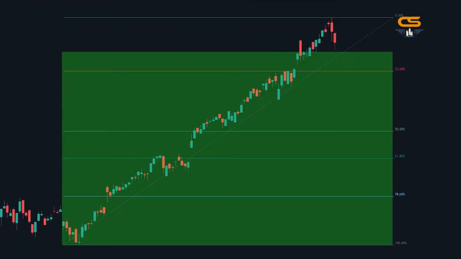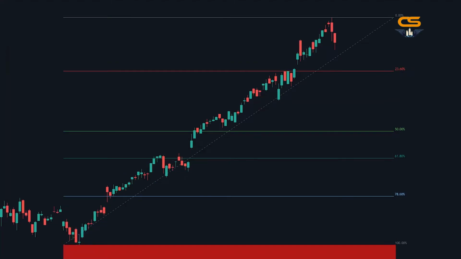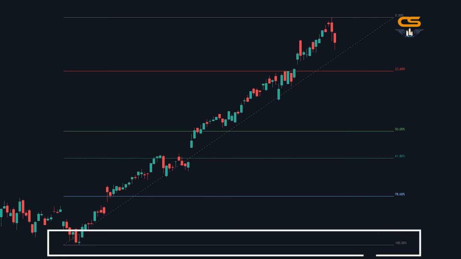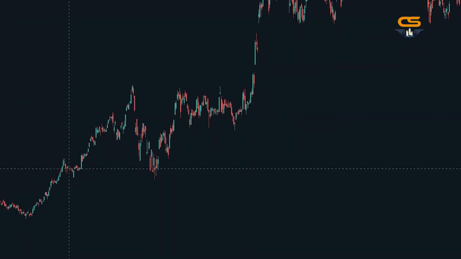To be clear, anything above the 100 line is a pullback. Anything below the 100 line is not a pullback and is a downtrend. So it's important to note, if the price ever goes below your 100 line, it's pretty likely it'll fall a lot more after that. You should also understand that you need to treat these levels just as you would for